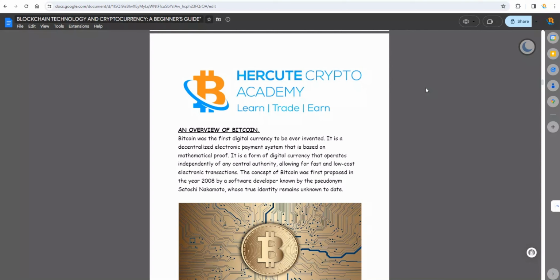Okay, so the concept of Bitcoin was first proposed in the year 2008 by a software developer known by the pseudonym. A pseudonym is a name that hides the real identity of someone. So this software developer goes by the name Satoshi Nakamoto, whose true identity remains unknown to date. There have been several people who've come out to claim that they are Satoshi Nakamoto, but we don't have proof. We can't prove whether they are indeed the inventors of Bitcoin. So to date, we have never been able to prove